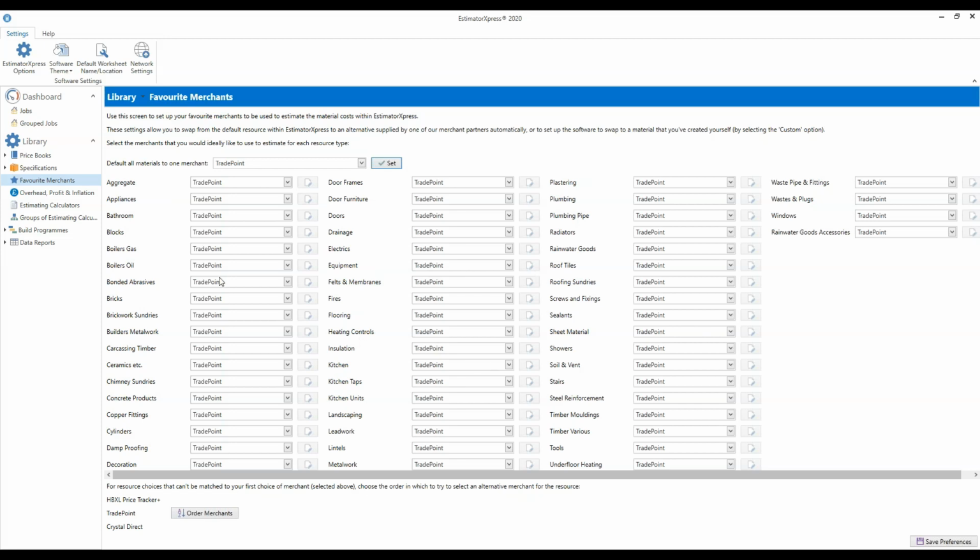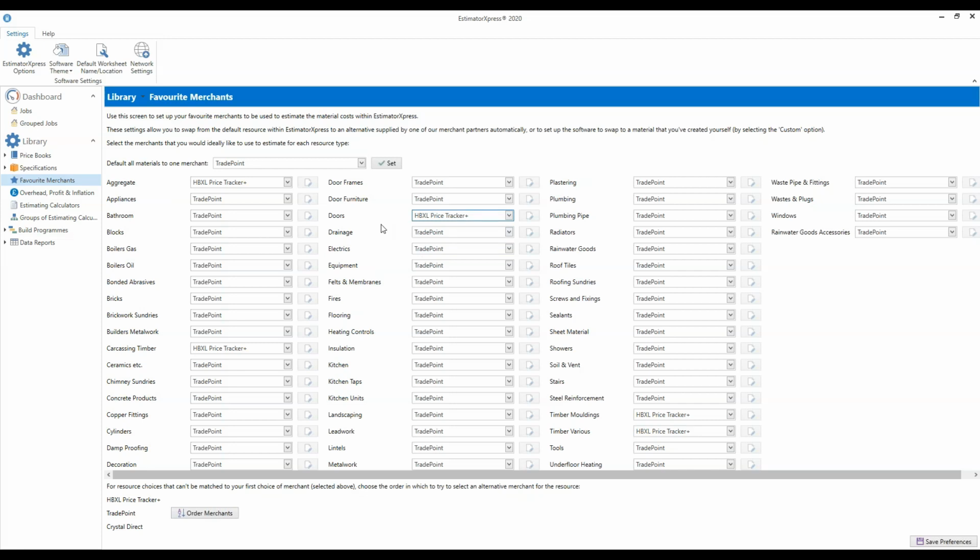I can then look at the different material types and set particular types to HPXL Price Tracker Plus. So if I set aggregates to HPXL Price Tracker Plus, and then if I find any timber products, so carcassing timber, say, what else have we got? Timber moldings, timber various. It may be that I get my doors and so on. So select